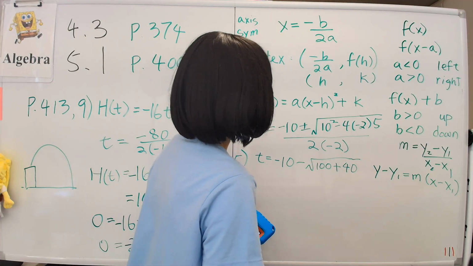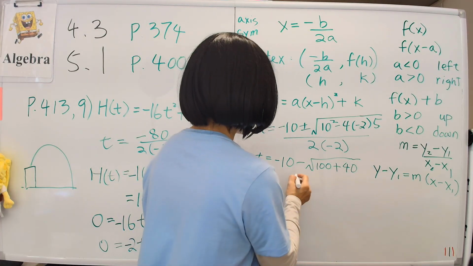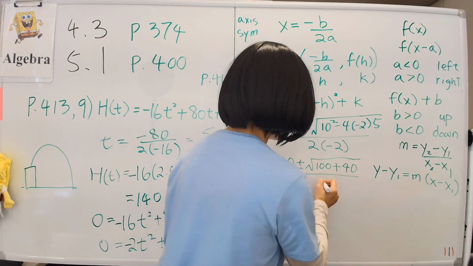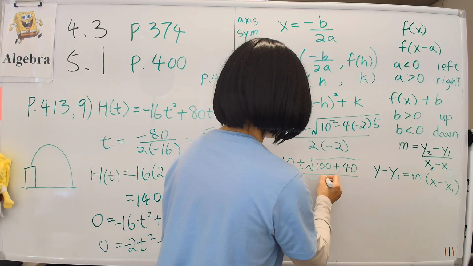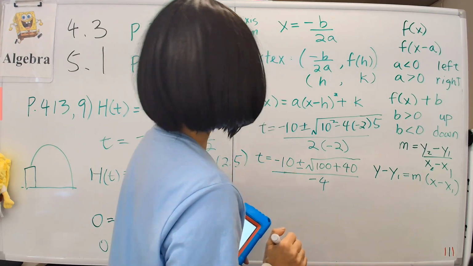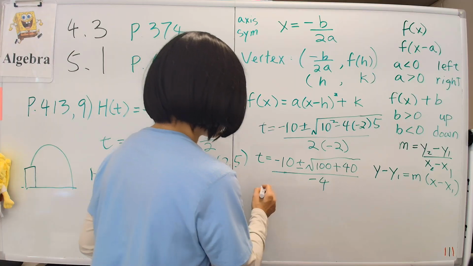100 plus 40, right? Yeah, I think so. And divided by, this is a plus or minus situation, so I guess we'll write it down that way. Divided by minus 4. Okay, and don't forget the minus sign here. Okay, that's better. So t equals to,